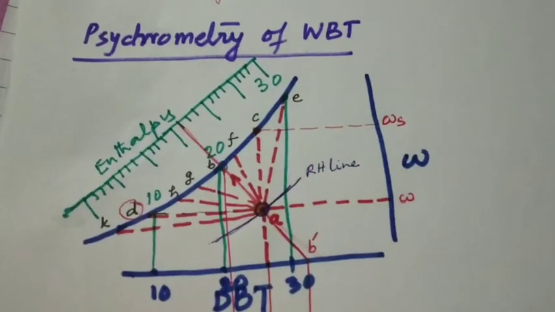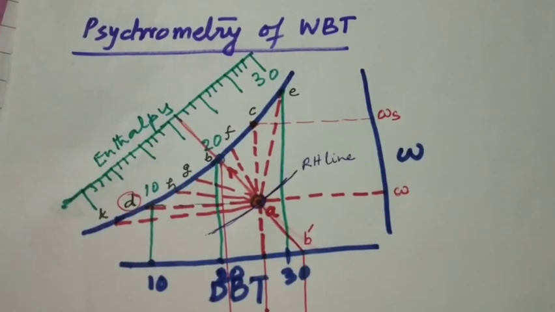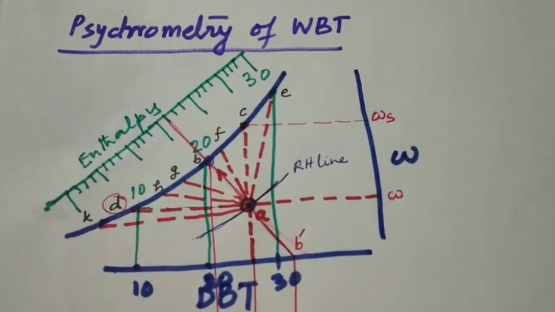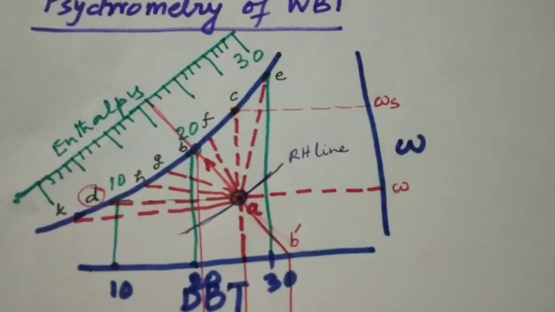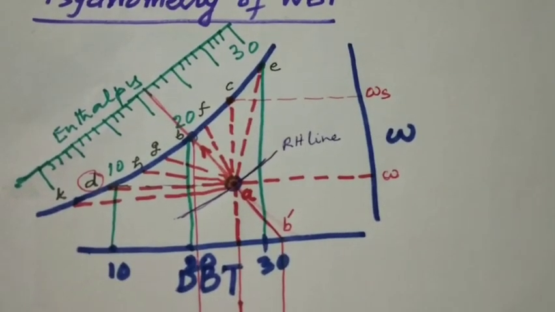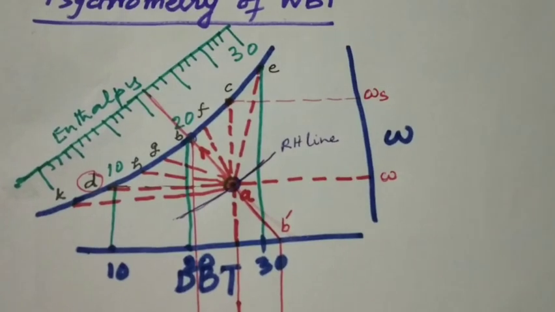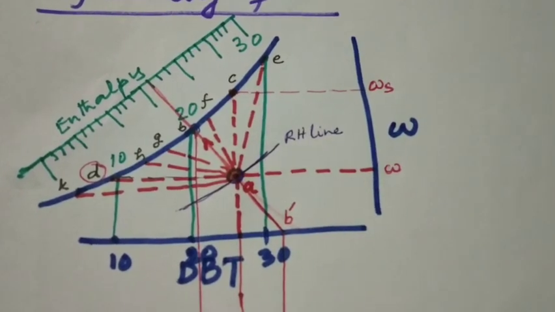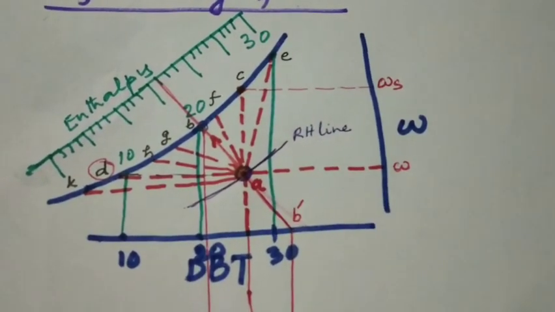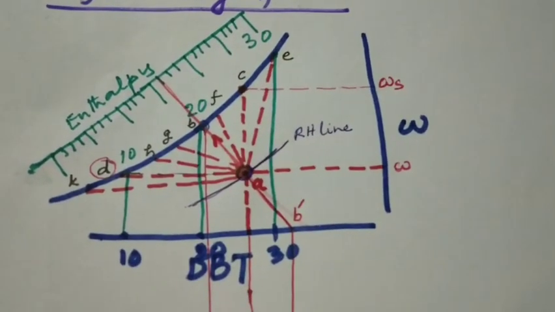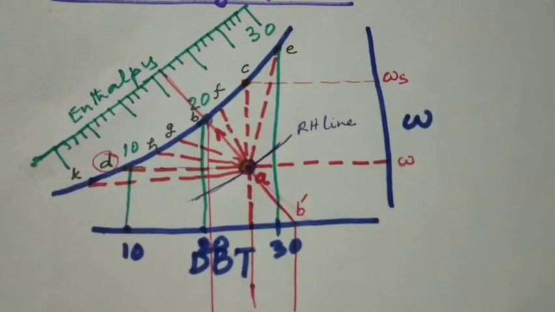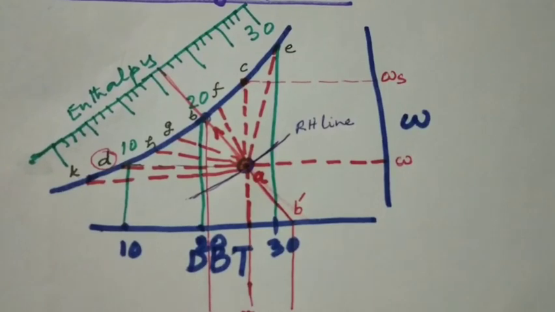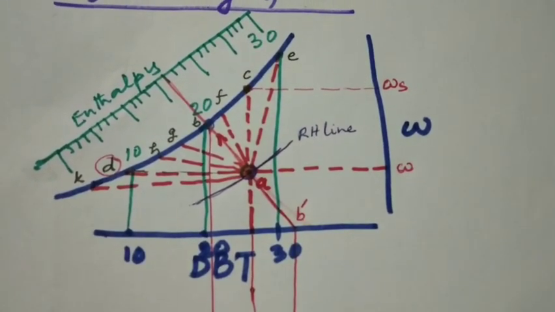So we can have a look at the psychrometry involved in the definition of the wet bulb temperature. For that we need to have a certain understanding of the psychrometric chart, and I am roughly drawing it here, where the x-axis is representing dry bulb temperature and the y-axis is representing omega, which is the specific humidity. The specific humidity is the amount of water vapor content per kilogram of dry air at a certain temperature. So the specific humidity is a measure of the amount of water vapor present in air.